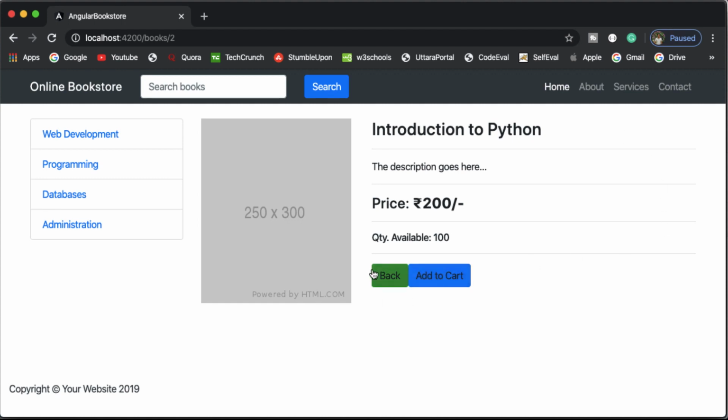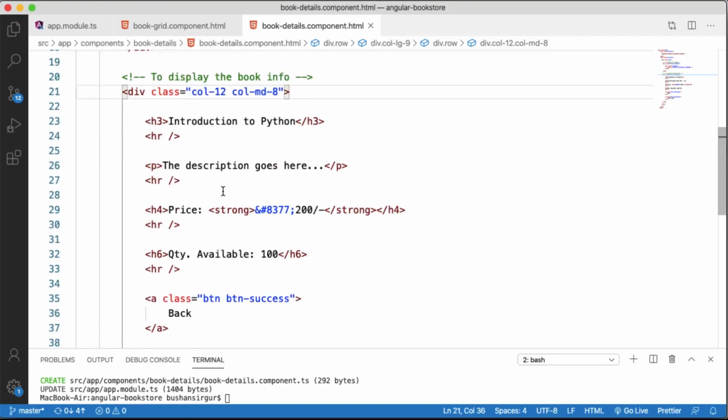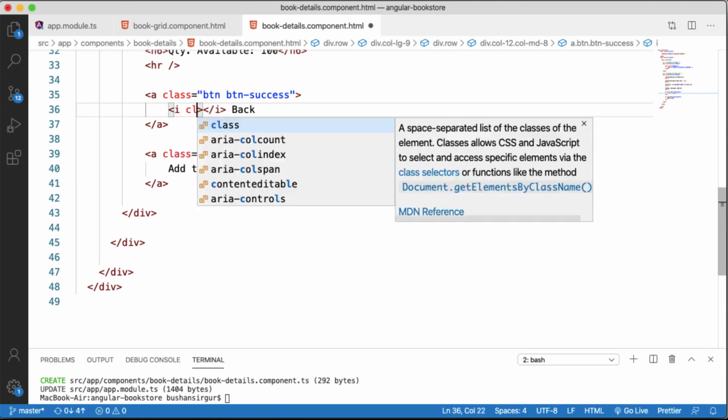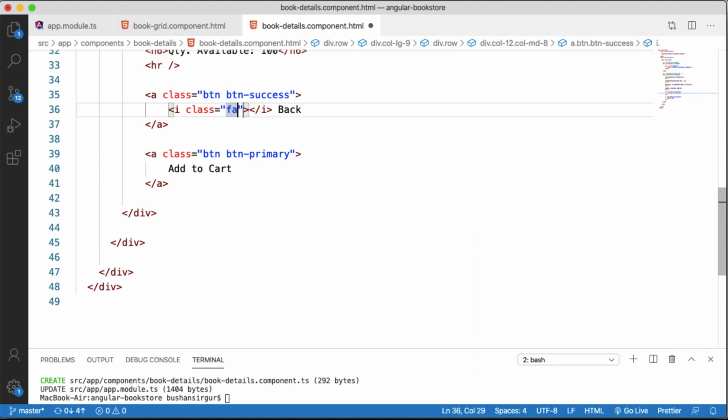So for now, let's add icons to these buttons. So we're going to make use of the Font Awesome library to add the icons. So for the back, I'm going to add a Font Awesome class, fa-arrow-left.